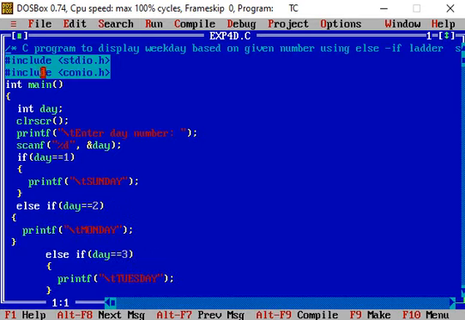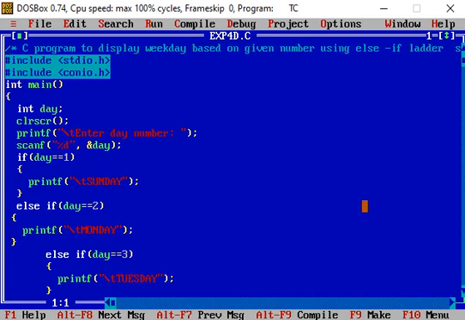Then in the comment it is written, C program to display weekday based on the given number using if else ladder. There are 7 days of a week. So if user enters a particular number from 1 to 7, that day specified is displayed.